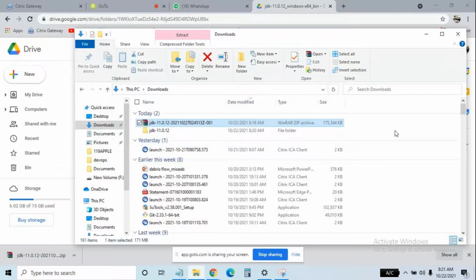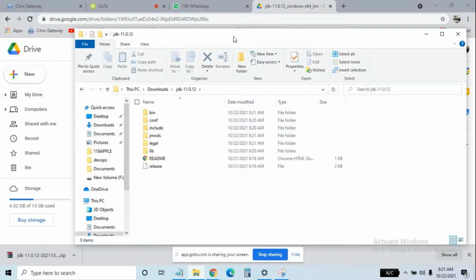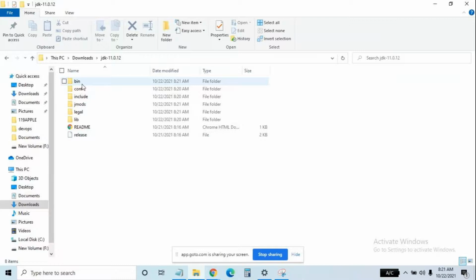One folder is available, right? So double click on that. Bin.